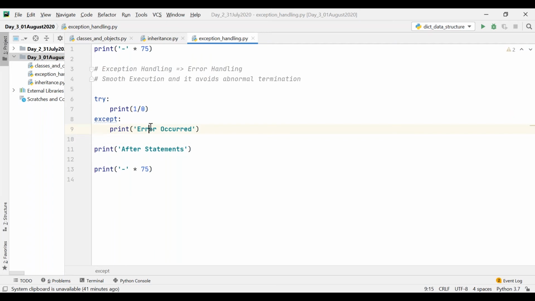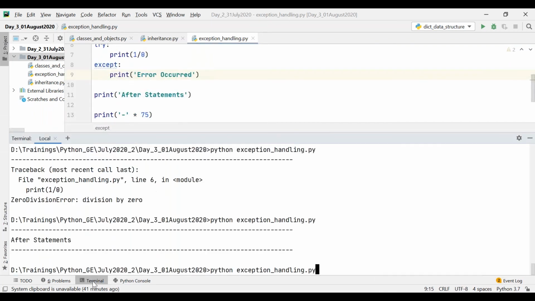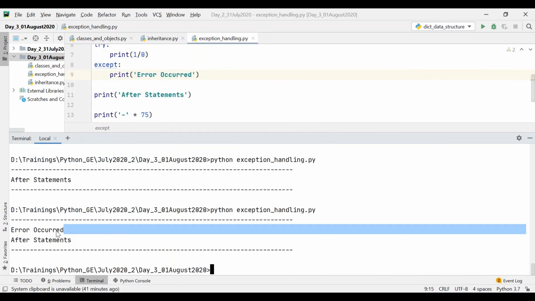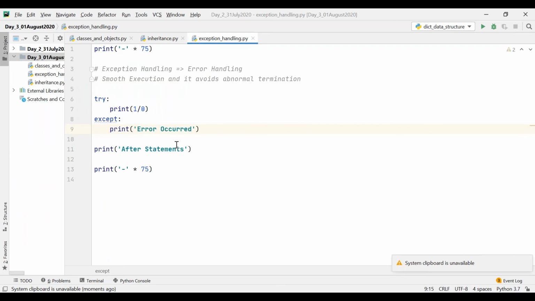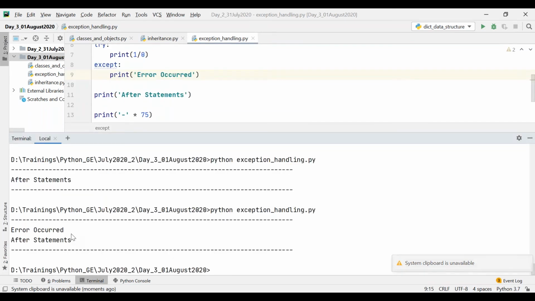If there is any error within the try block, it will directly go to the except block and print error occurred, and then continue with the next statements, like after statements.